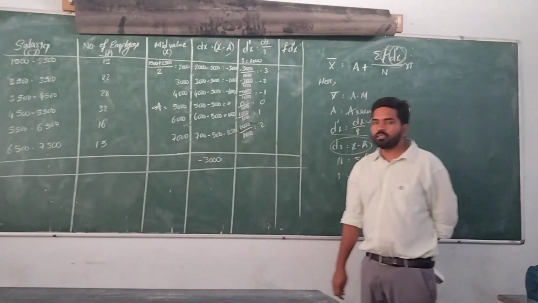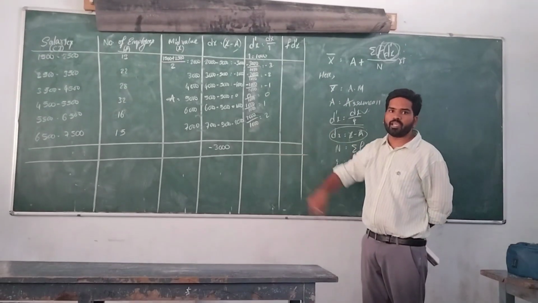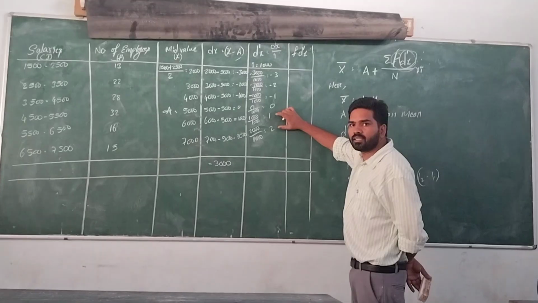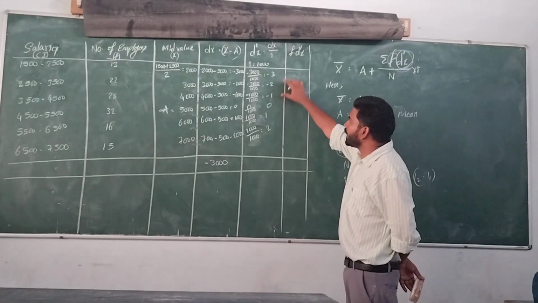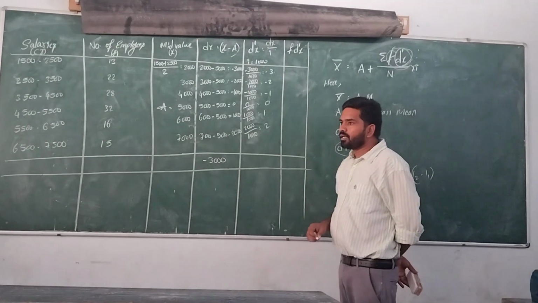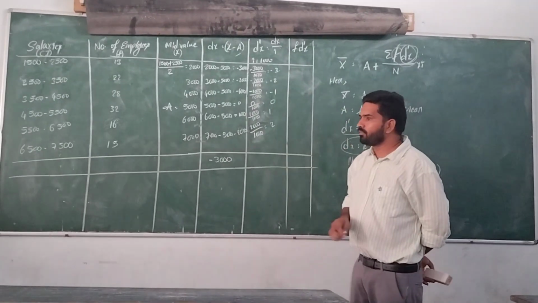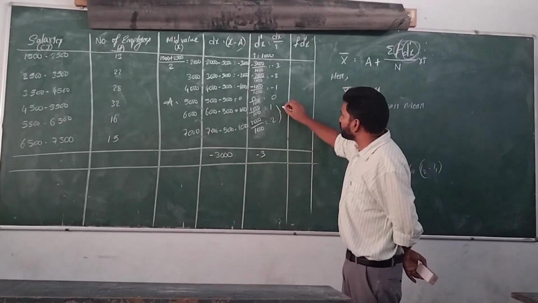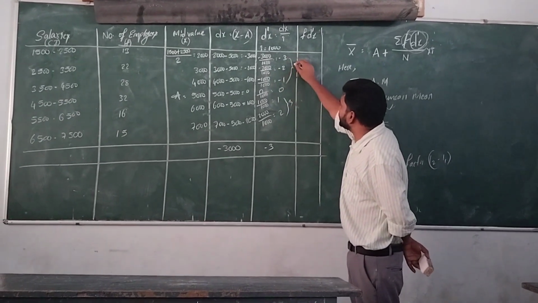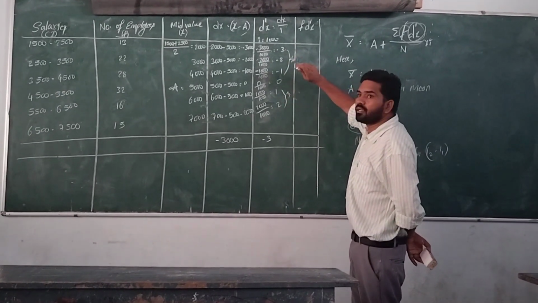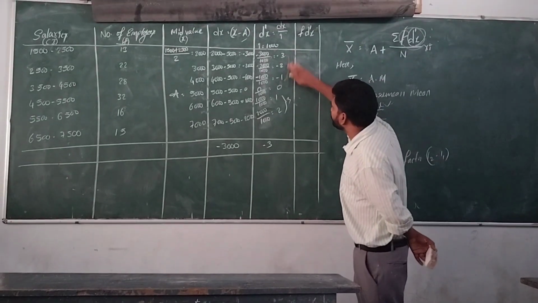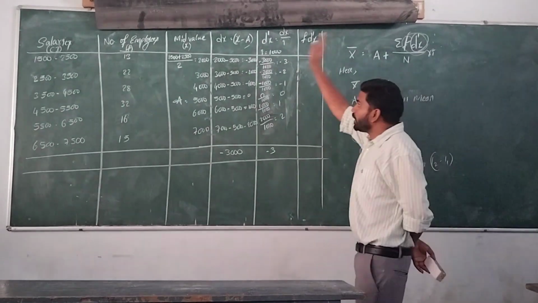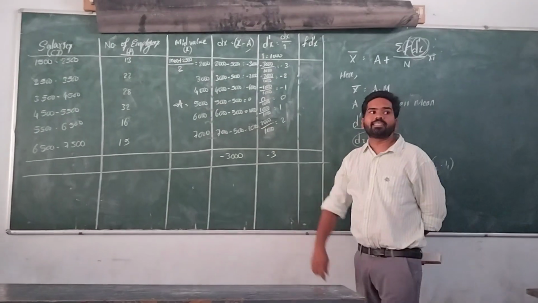Now here also you have to find the sum of step deviation. The positive value is 3. What about the negative values? Deduct from positive to negative. What's the negative? Minus 3. So total positive is 3, total negative is 6. Okay, 3 minus 6, you get minus 3.